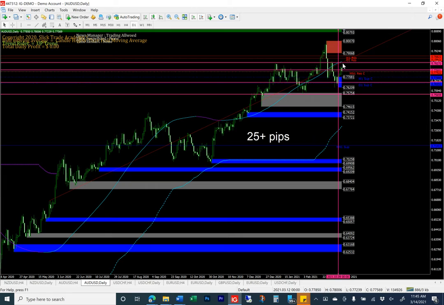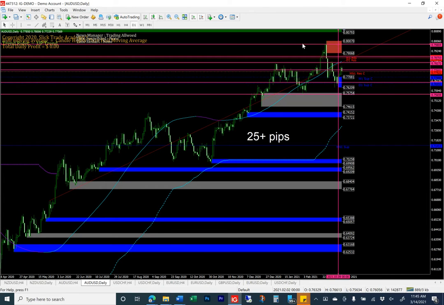Now if that level does not hold and continues up, then we could see price head to 0.78753,